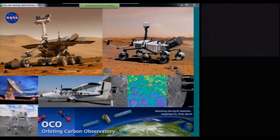Before using the cloud, NASA Jet Propulsion Lab would spend about 80% of that time taking those images, stitching them together to generate a panorama, and associating that panorama with other telemetry that was coming off of the Mars Exploration Rover. Then about 20% of that finite period of time was given to the researchers to figure out, okay, what are we going to do, and generate a sequence of commands that would then be transmitted back to the Mars Exploration Rovers. Because they can now automate that process and spin up a large number of EC2 instances to generate the panoramas and do some of the other downstream analysis of that imagery and other telemetry,